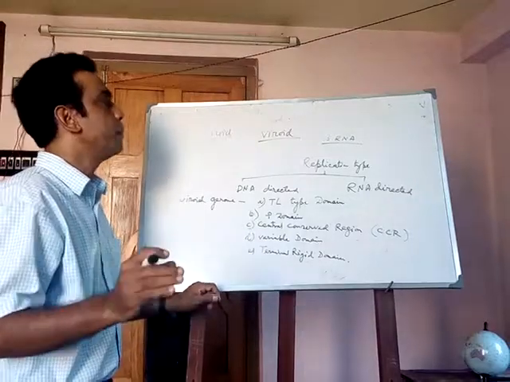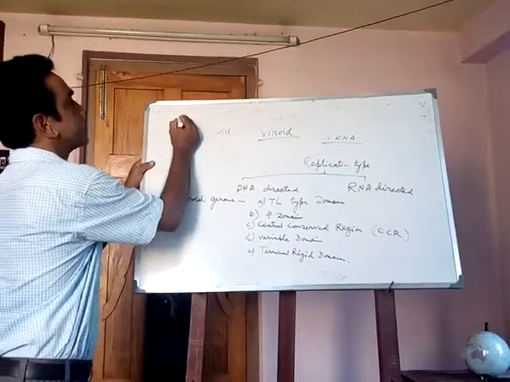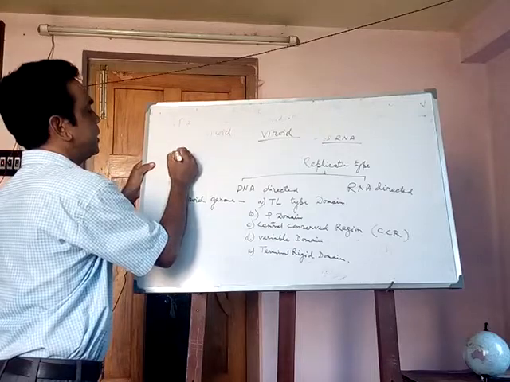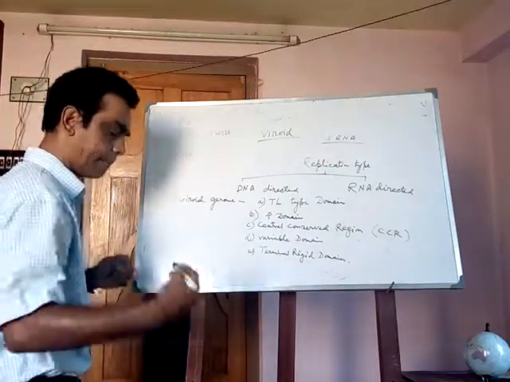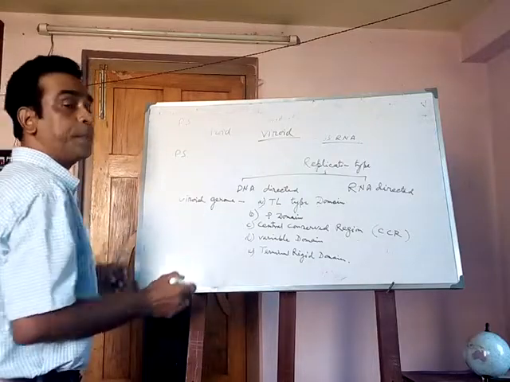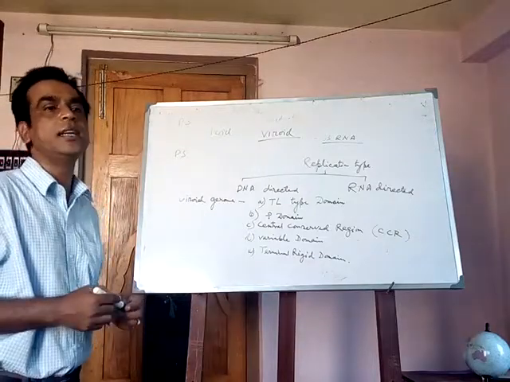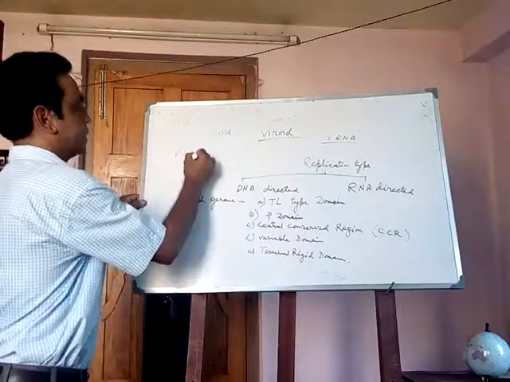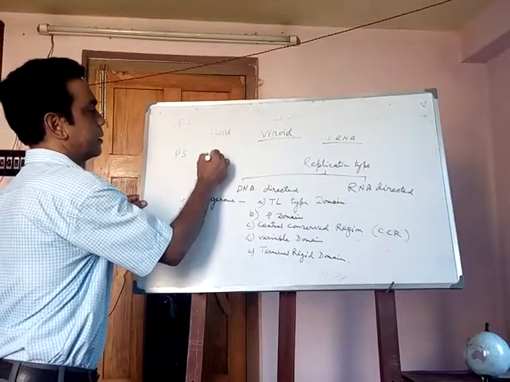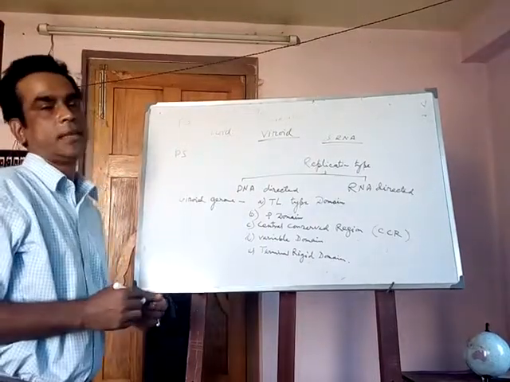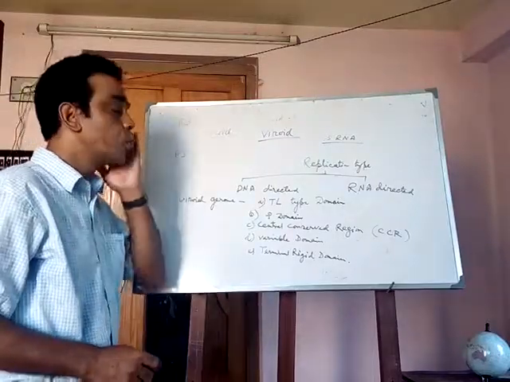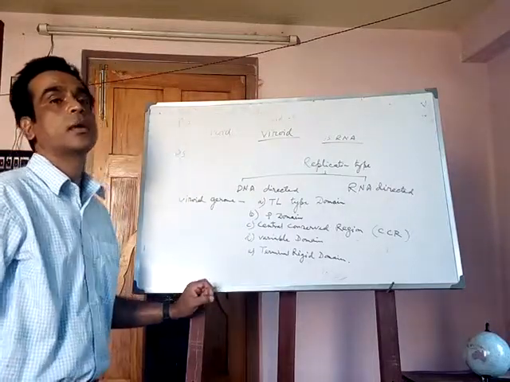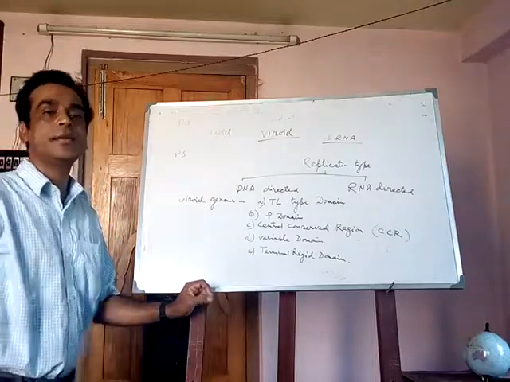There are so many viroids found, that is PSTV, that is potato spindle tuber viroid. CCV, that is cadang-cadang viroid, which shows the disease of coconuts. And HSV, that is